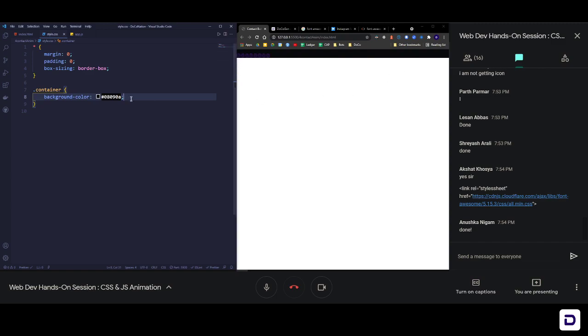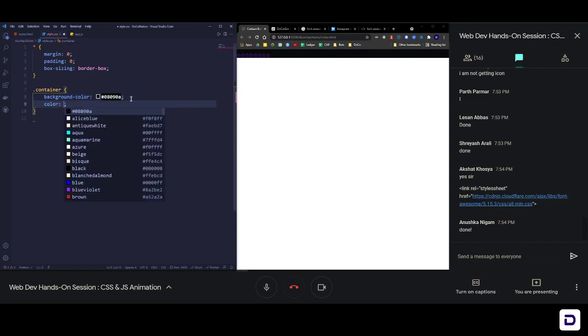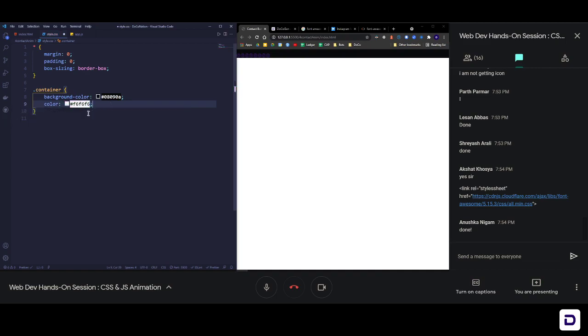And then we can say that the color of text or icons inside this area should be light, so we can use a whitish shade, so we'll use hash F6 repeated. F6 is also not white, because white is hash FFFFFF, 6 times F, but F6 is a little bit in the grayer area but close to white.